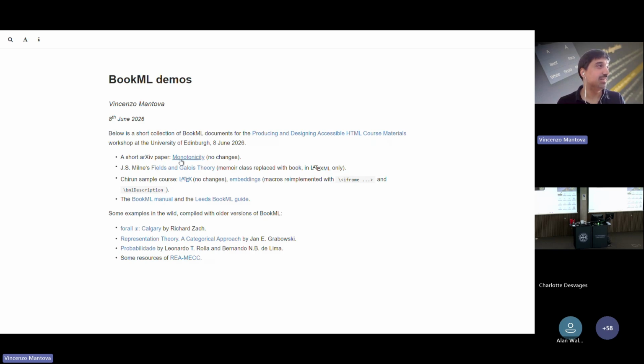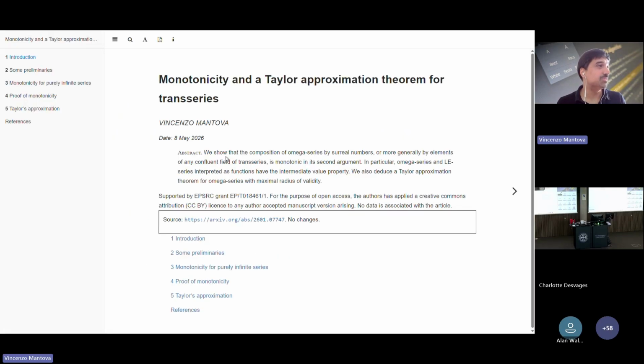Well, the first one is where I'm cheating. This is a paper of mine. I was struggling to find something with a Creative Commons license that I could just use, that wasn't too complicated. So this is a short paper, easy to convert. I was mindful of getting arXiv to produce reasonable HTML. So here I'm teaching, but you get the file, and there's a PDF